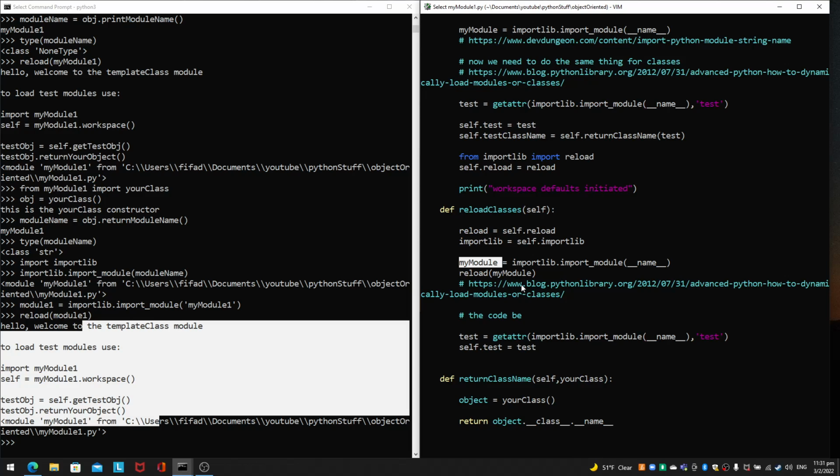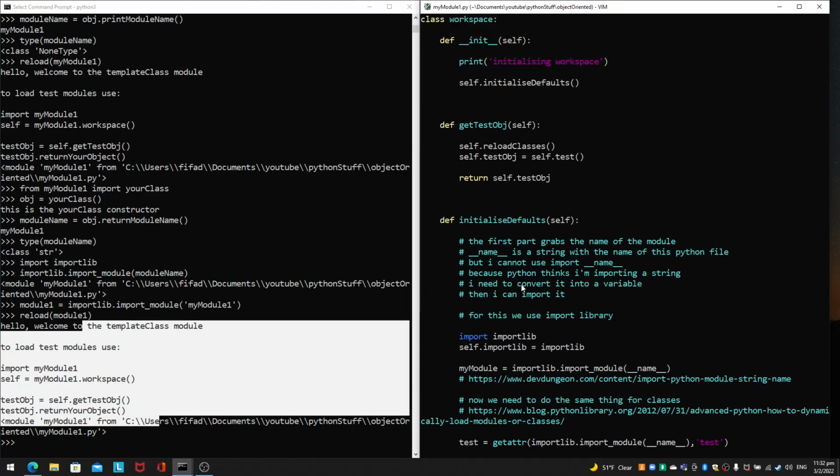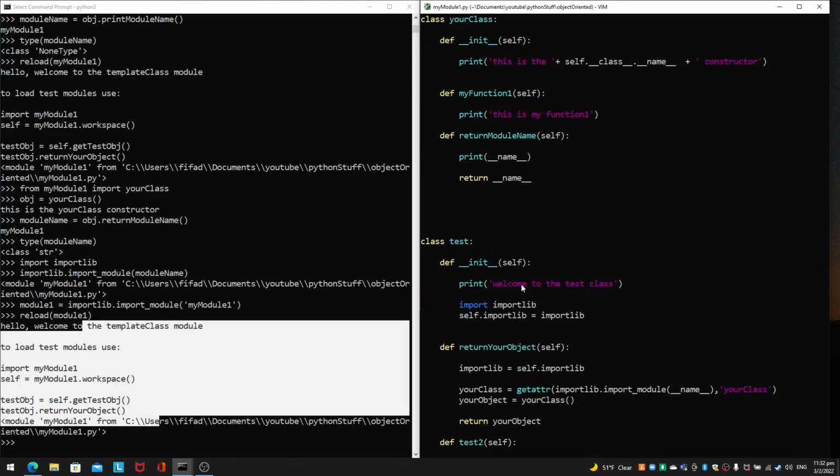But that's actually how I use importlib to import the name of this Python file, and then I return it to my module, and then I use that to reload. Since this is a module, I can actually reload. Okay, so take your time and slowly digest that. But all in all, that being said,